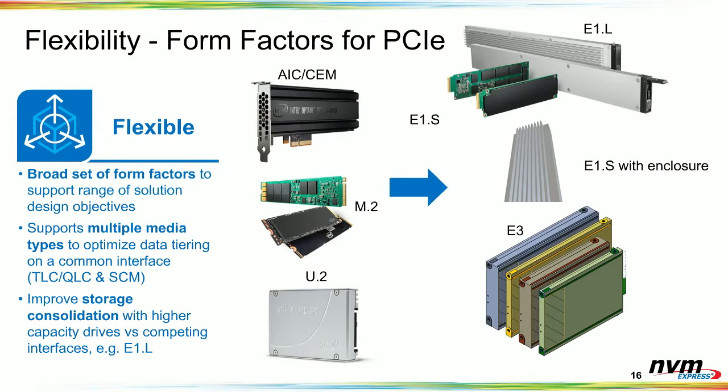The other thing is that today you'll see PCI Express on all three interfaces from Intel, right? We have TLC, we have QLC, and storage class memory, our Optane SSDs. So Intel's vision for NVMe was you have one interface, and then you have different device types, different classes of drives based on the storage media. QLC is for high-capacity storage, TLC is for mainstream performance, and Optane is for the highest performance, lowest latency workloads. So you have all that scaling on one common interface in common form factors. And then you have these purpose-built designs that give you flexibility to scale the performance, capacity, and number of drives per rack unit.